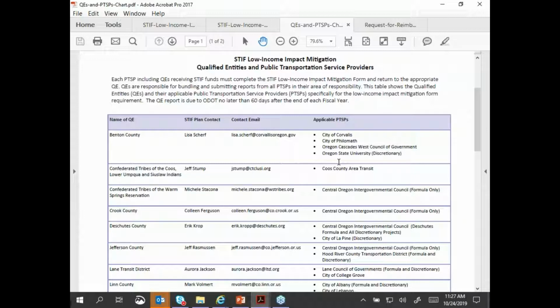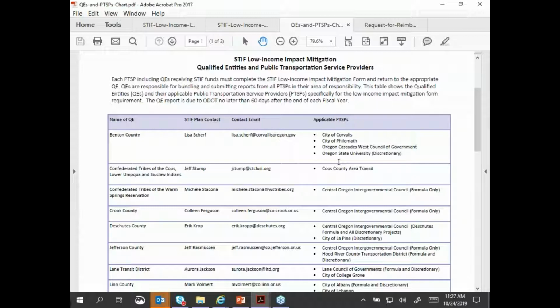The chart is based on where a PTSP is located and which QE would be the appropriate contact to send the form to. A PTSP can complete the form and outline what low-income actions in a region are applicable to a QE. And if a PTSP is listed in other STIF plans, then they can describe the actions for each QE on the same form. So this is just a quick reference.